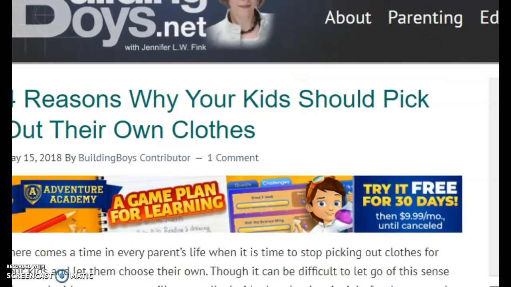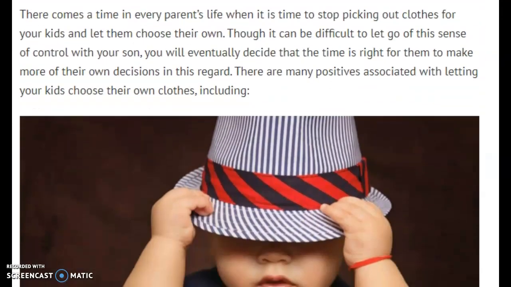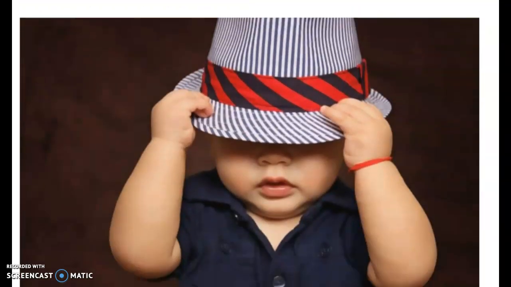So, 4 reasons why your kids should pick out their own clothes. There comes a time in every parent's life when it is time to stop picking out clothes for your kids and let them choose their own. Though it can be difficult to let go of this sense of control with your son, you will eventually decide that the time is right for them to make more of their own decisions in this regard. There are many positives associated with letting your kids choose their own clothes, including